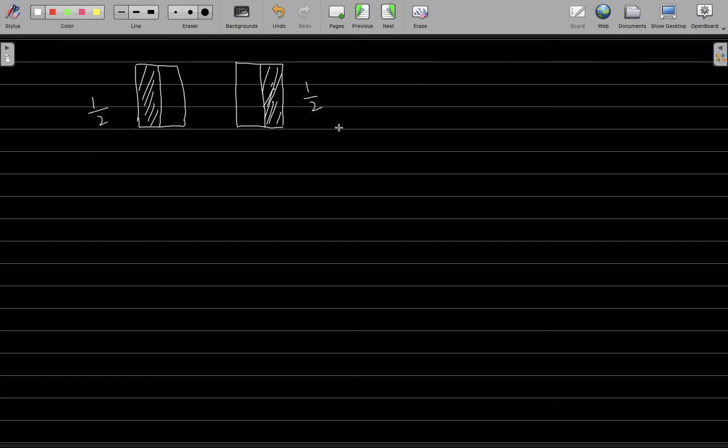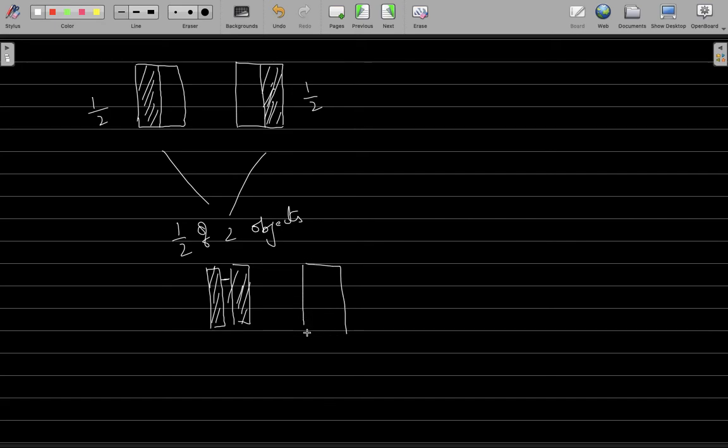So what have I taken? I have taken together, say I can write it as I am taking half of 2 objects, right? I want to take half of 2 objects. Suppose I want to take them like this. So this is the first half, right? This is the second half, half of the second object. This together, when I join them, what will you get? You will get the whole object, isn't it?